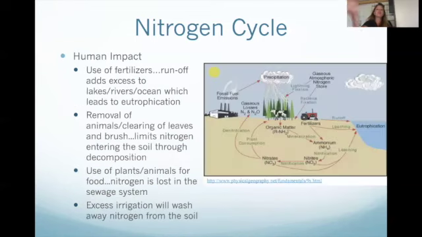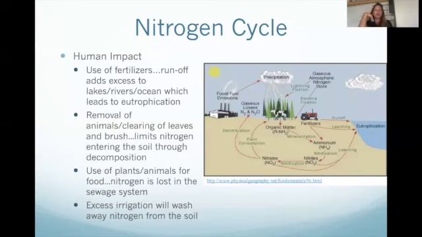So what's the human impact in the nitrogen cycle? Because there is a human impact. The use of fertilizers creates runoff. Runoff then creates eutrophication. Eutrophication is the process where there is a bulk influx of nutrients into a body of water and the algae goes, sweet, I've been waiting for this my whole life. And they grow really big and they reproduce really, really quickly, and they shoot right past carrying capacity, and then